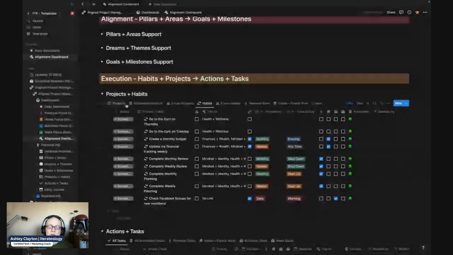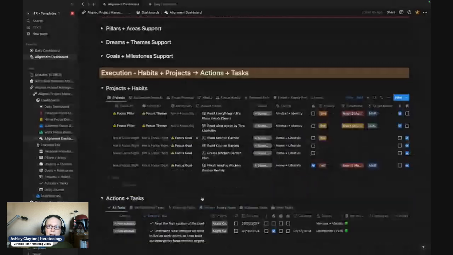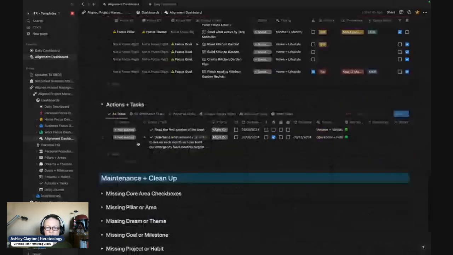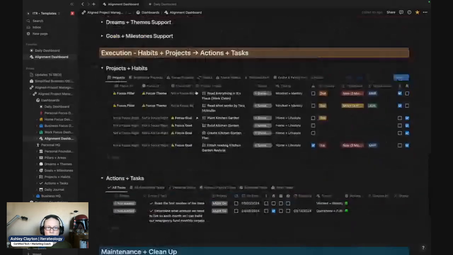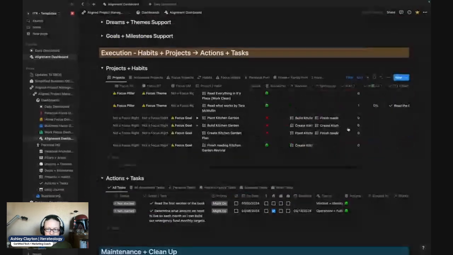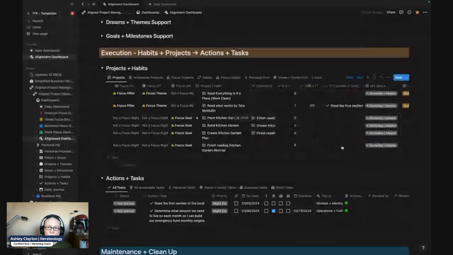You will be able to know what actions you need, because every project, in order to support a goal, must have a next action. So if we're seeing zeros over here, these are things we need to do. For each project you just brainstorm the different actions to do.